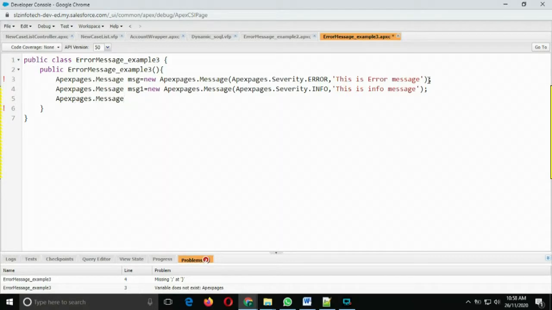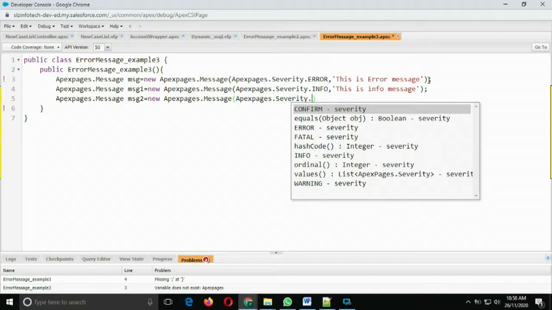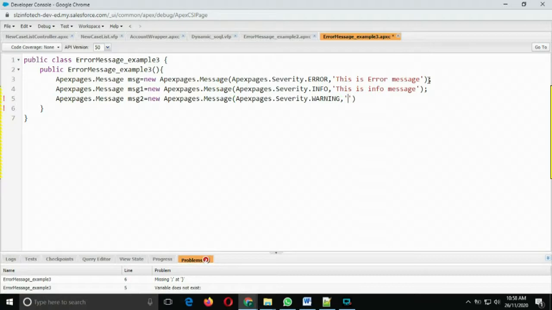Apex pages dot message, message 2, new Apex pages dot message, Apex pages dot severity dot fatal or warning message, and the summary message to display. This is the warning message.